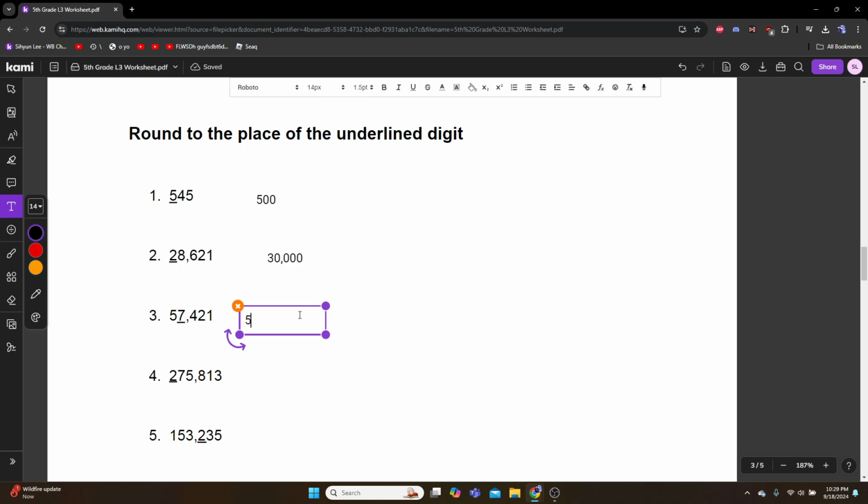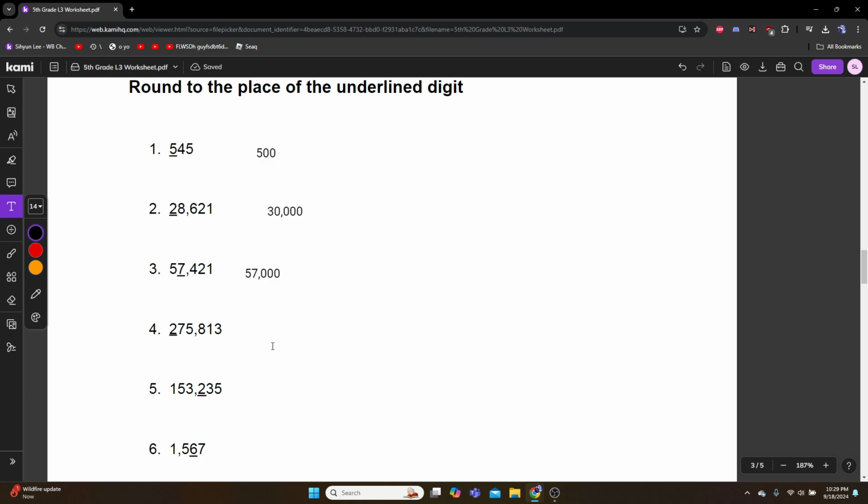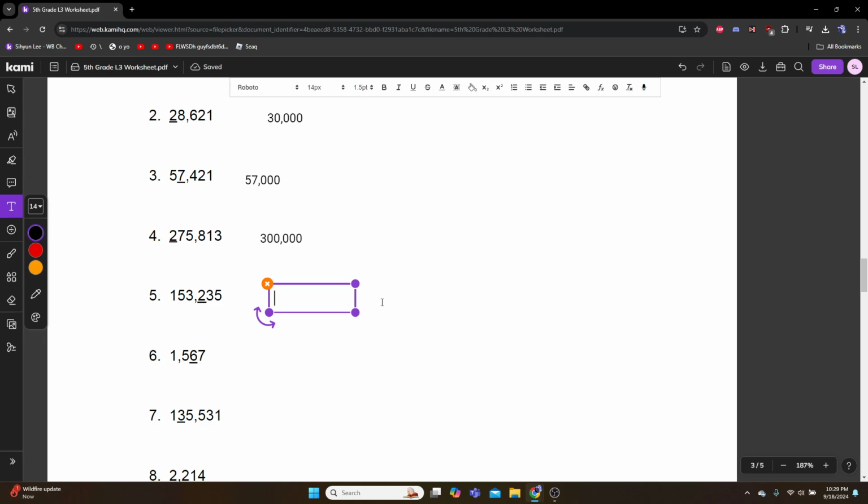So we could keep the 5, and we know that 4 comes after 7, and since it's 4 or less, it stays at 7. So 57,000, and that's it. Turn them into zeros. Same thing for number 4. It's greater, 300,000. For 153, we copy it exactly, and then 2, 3, 3 is less than 4,